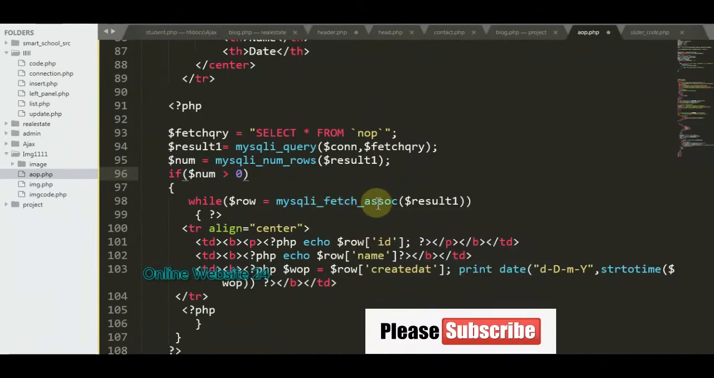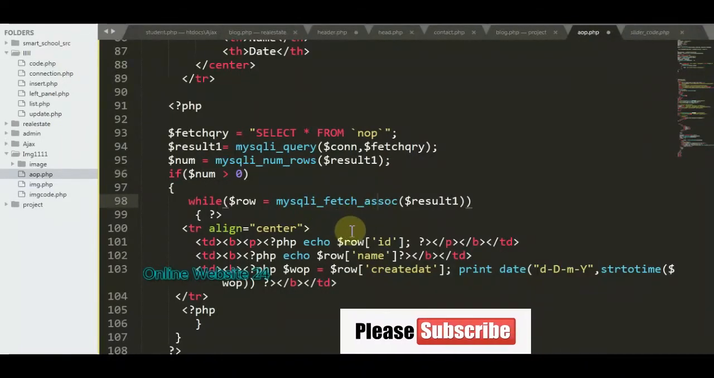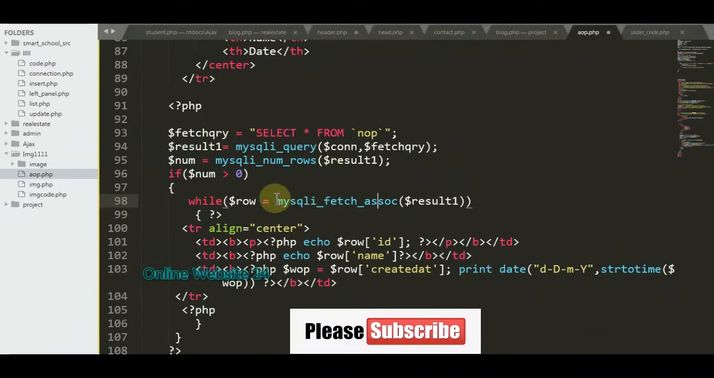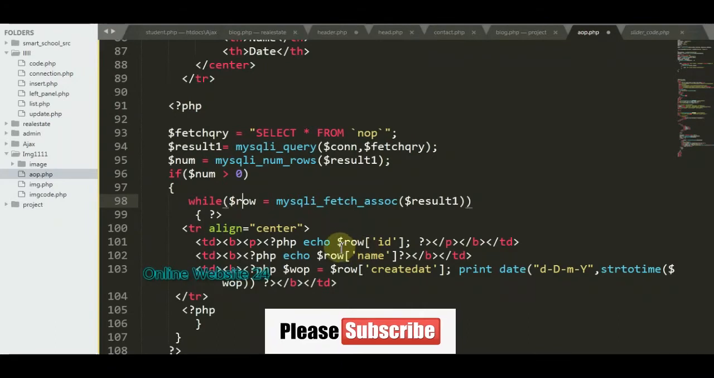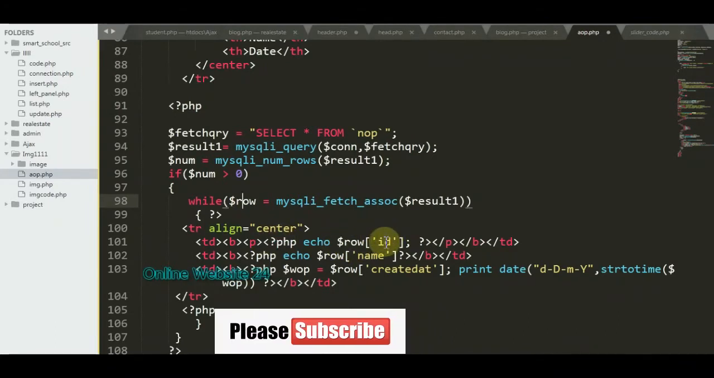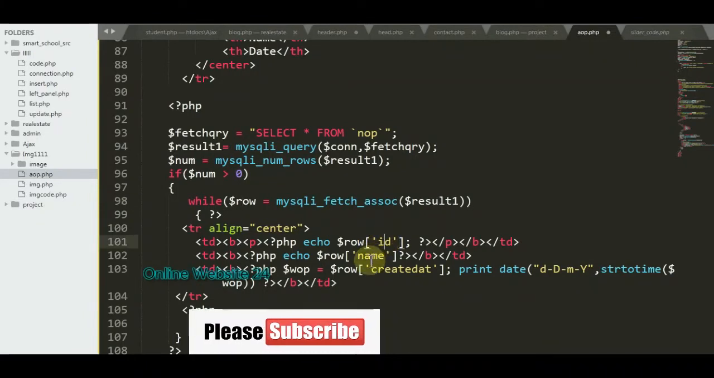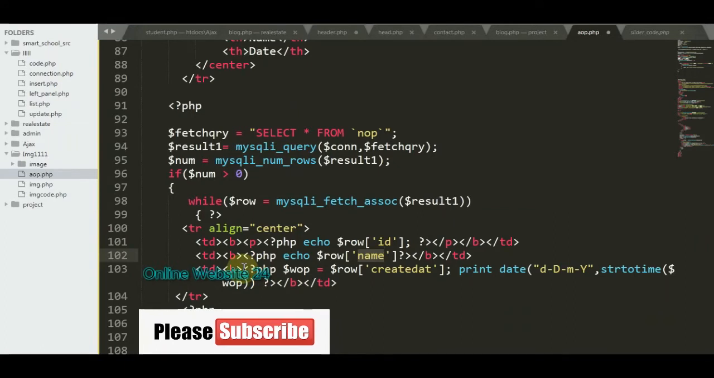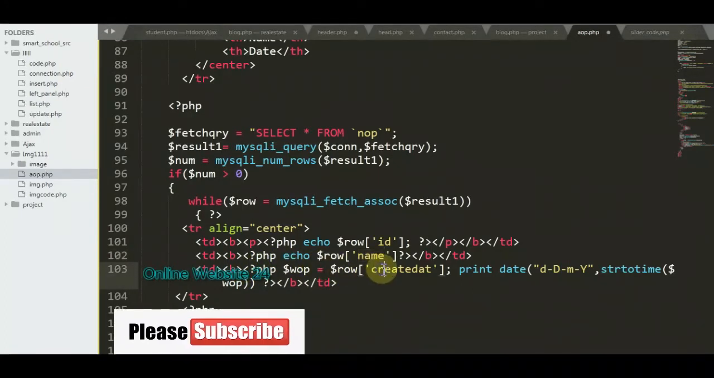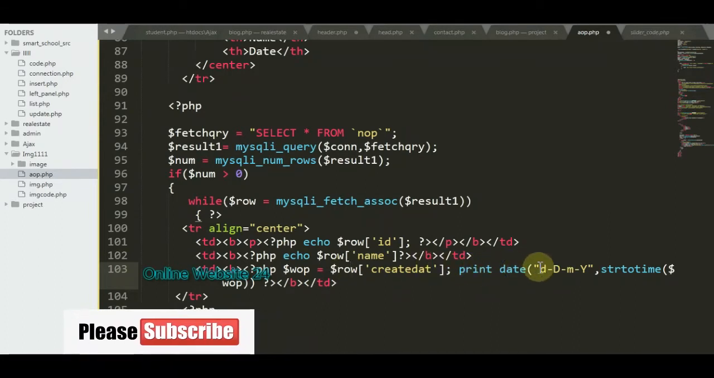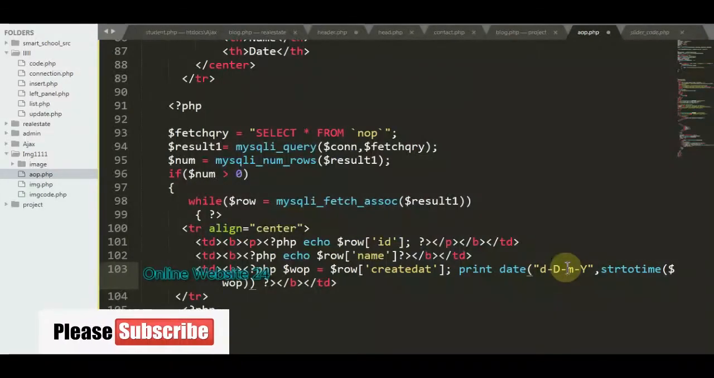MySQL fetch assoc means the result will be stored in this row variable, and then print that table id and then table name. And the most important code is the date, the table date, and this is the format of the date,